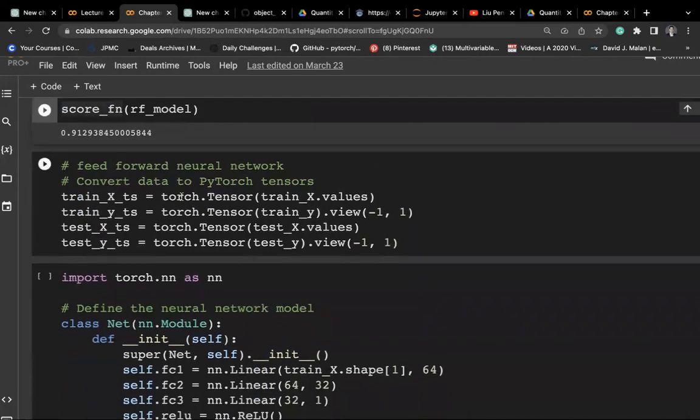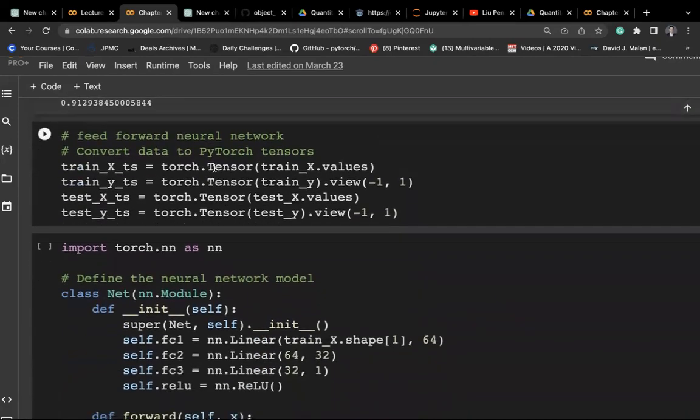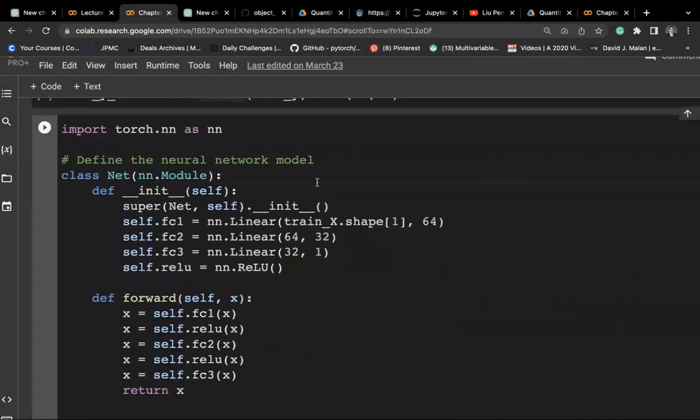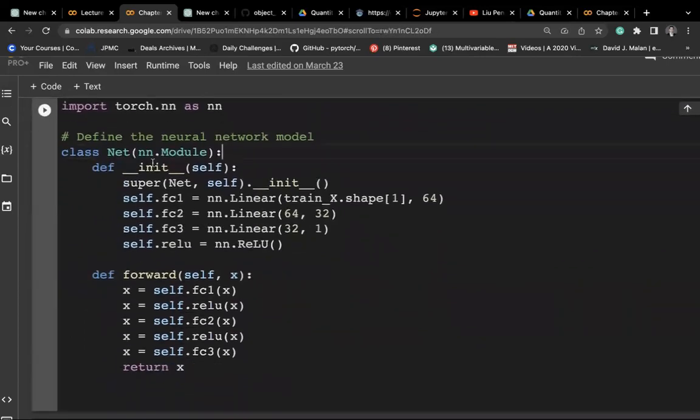And next we look at the neural network. The neural network is based on PyTorch in this case. So I'm just converting all the variables to tensor objects, to a tensor format. And then we define the neural network architecture. I have two parts. The first one is the initialization. This defines the